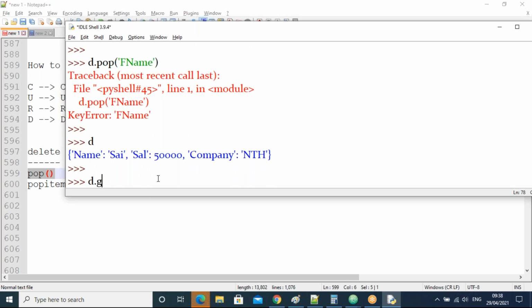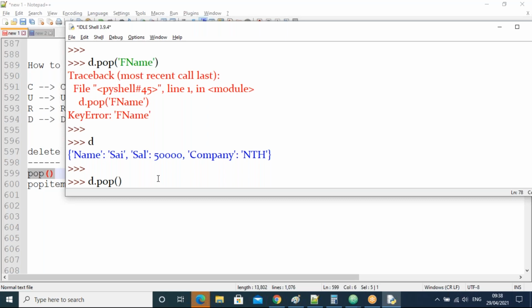Now all of you observe in the pop. If you don't specify any key name, then what will happen, guys? Does it remove the last key value pair, or the first key value pair, or is it an error?